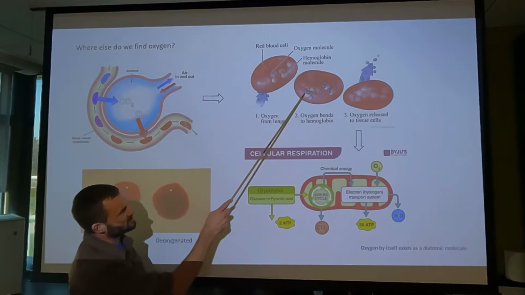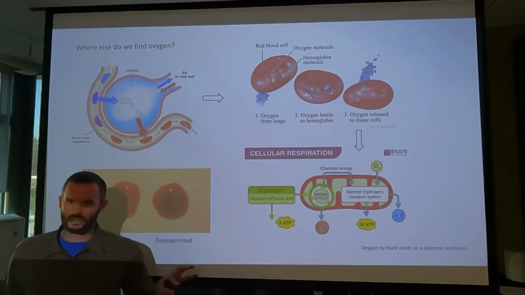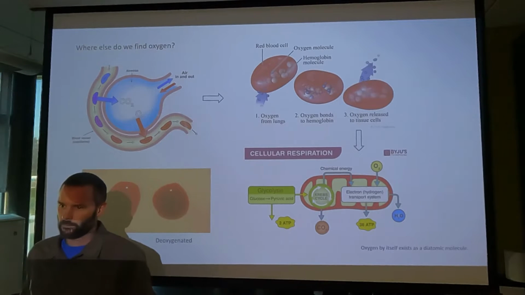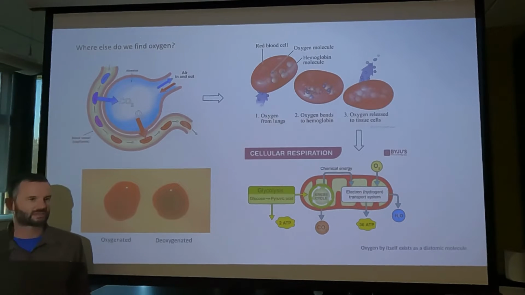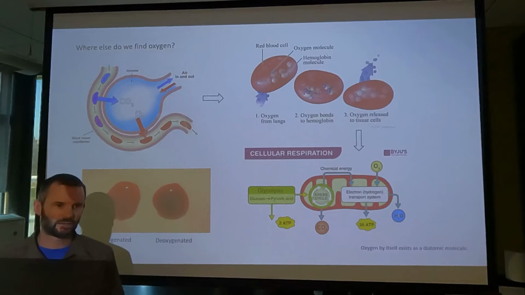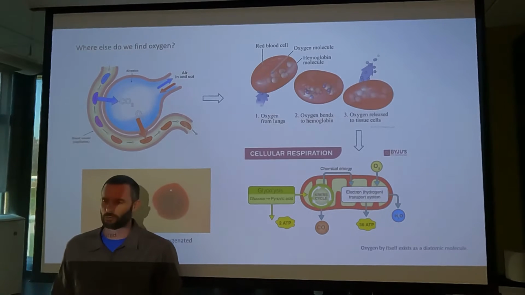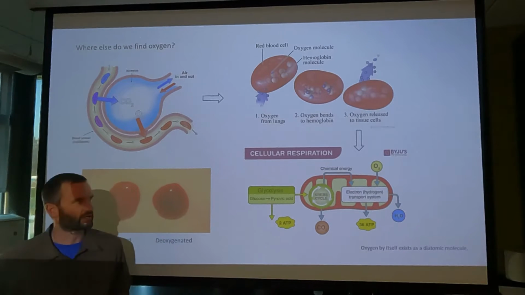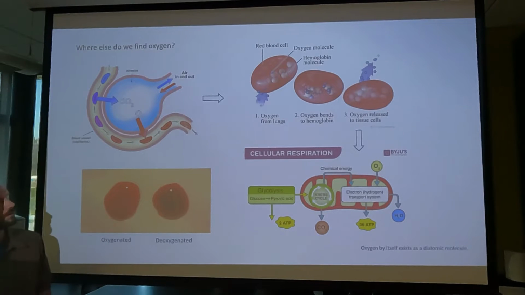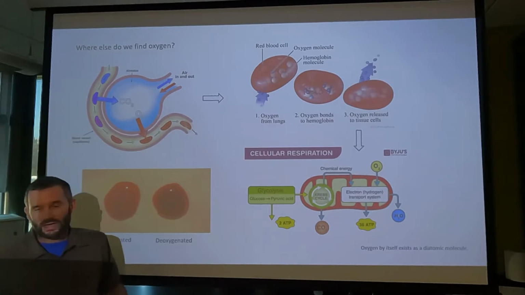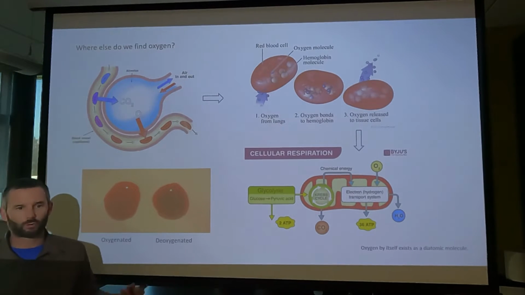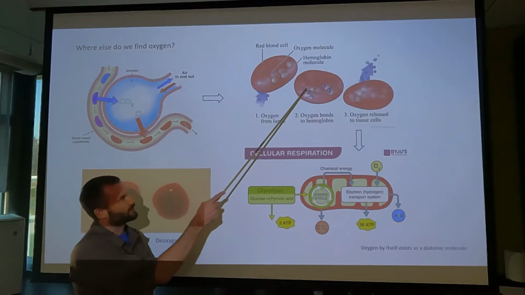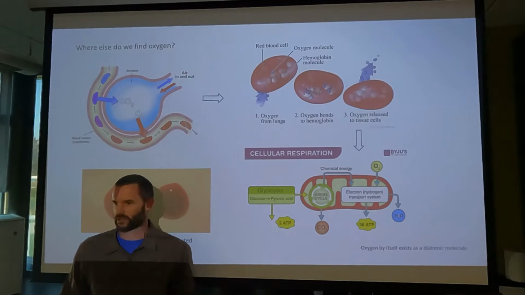And oxygen is specifically binding to these hemoglobin molecules. What is hemoglobin made of? We're actually going to get into that. I use hemoglobin as kind of a common theme throughout this class and in Bio 242. I talk about hemoglobin quite a bit, so we'll get into that. So the answer to our question, where do we find oxygen? Well, we find a lot of it within red blood cells. Specifically, it's bound to hemoglobin within red blood cells.